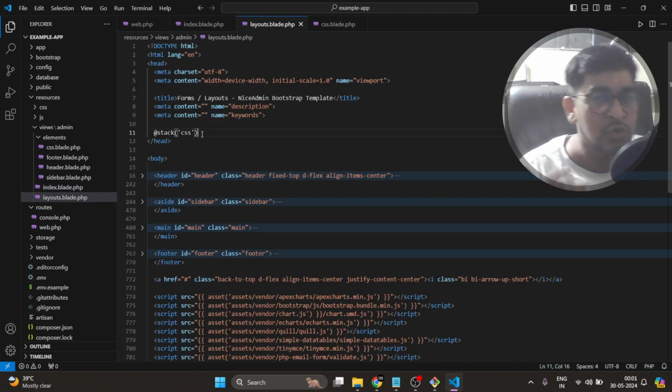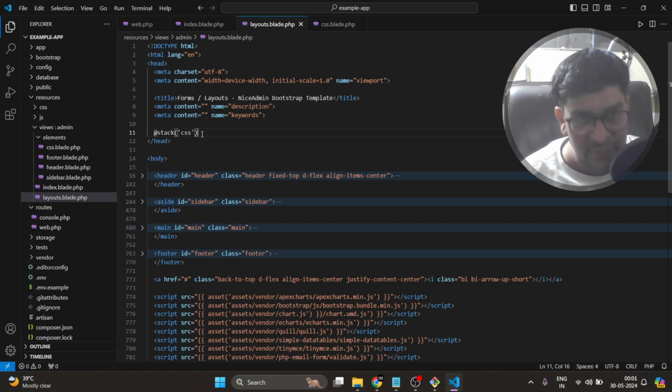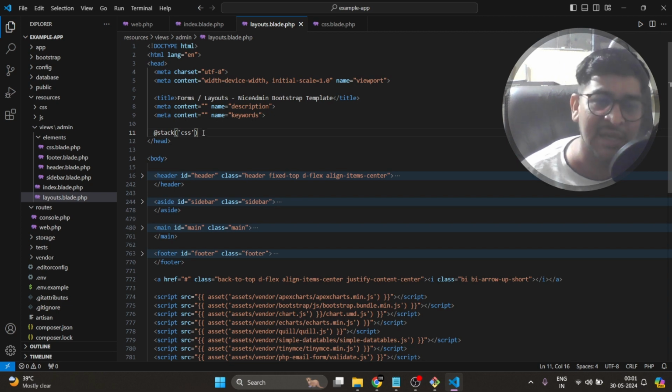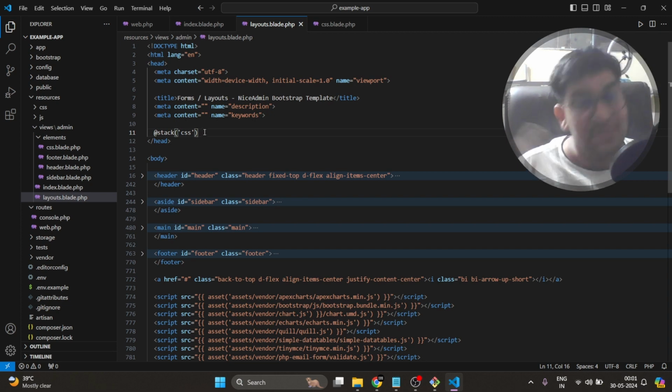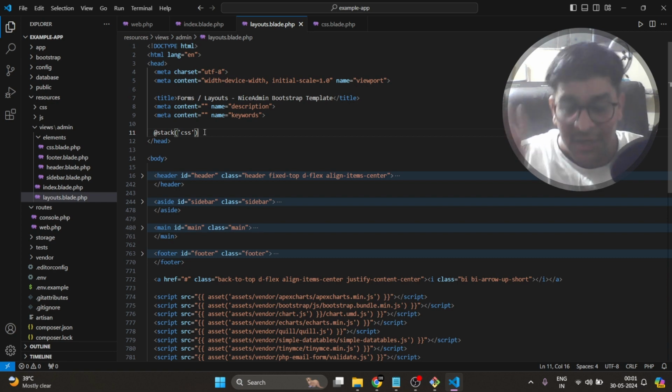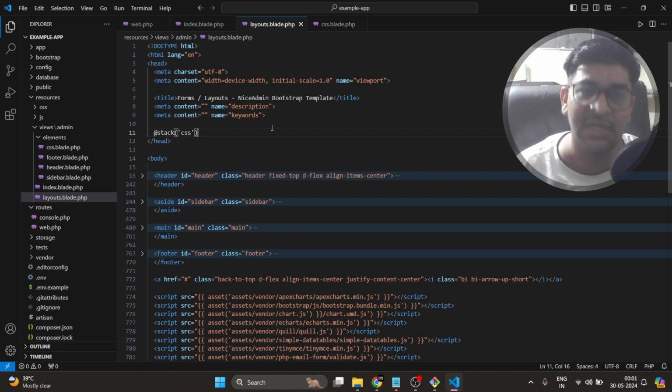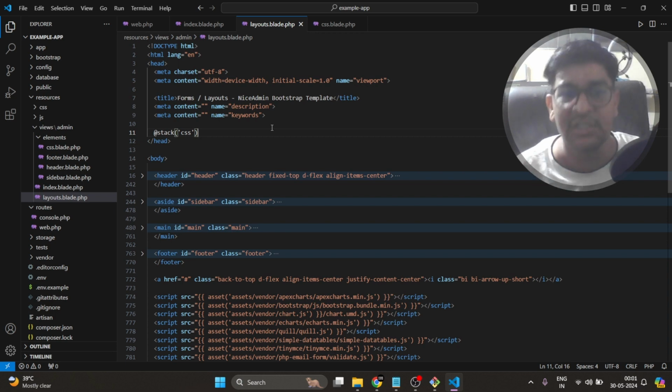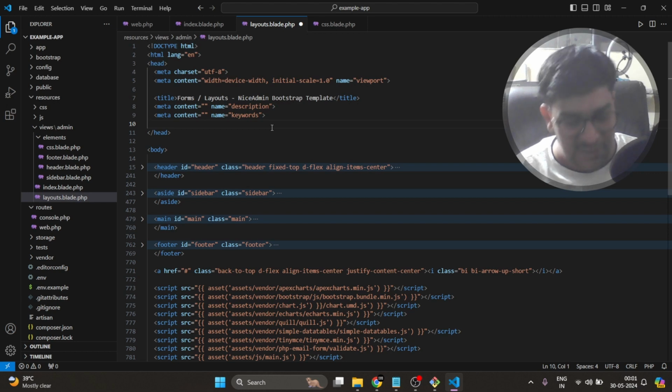So where and when can we use the stack, or push? If we are working on one file, like a header file, footer file or something else, and we have some external CSS or JS there, then we can use only the stack and push method. Those layouts which are not included directly inside your file, you cannot use those files in. Not directly means they are not actually part of this one. So here you have to use @include.